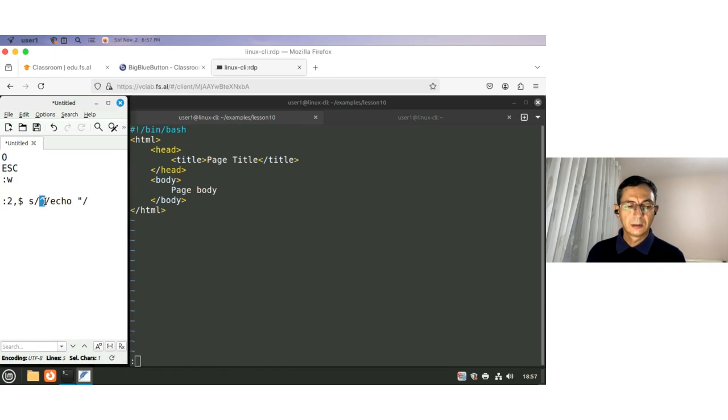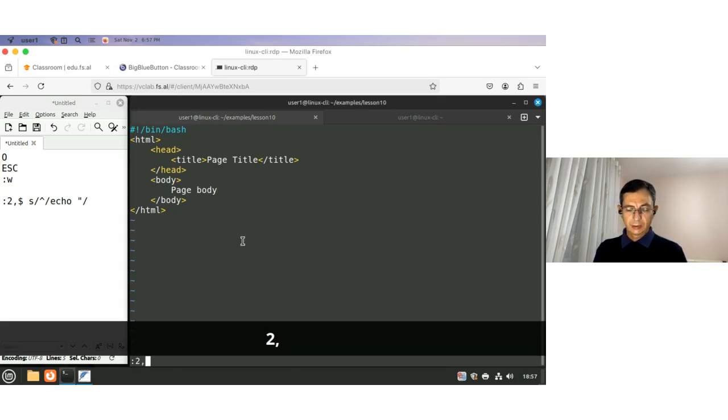This is the beginning of line. So at the beginning of line, I will place this echo and an opening double quote. And then later I will put a closing double quote as well. So from the second line to the last one, substitute, beginning of line,